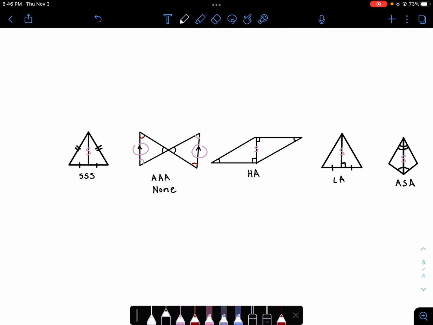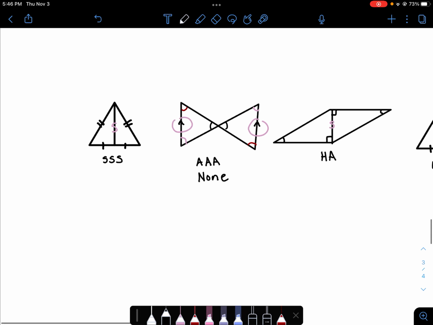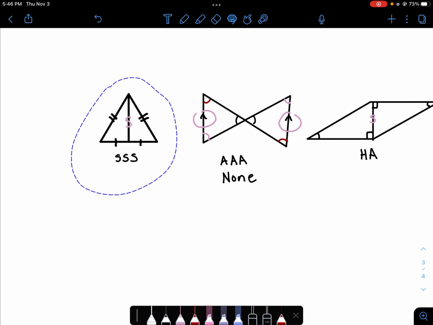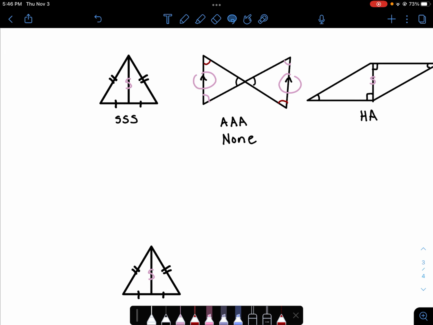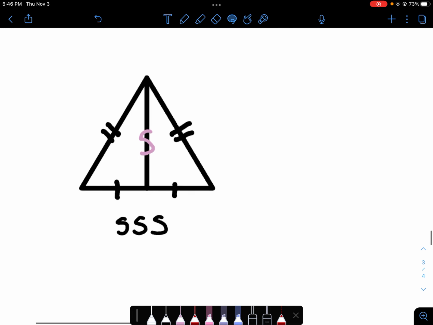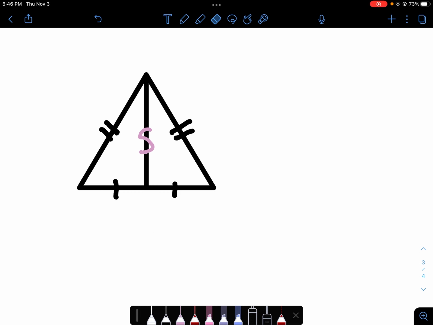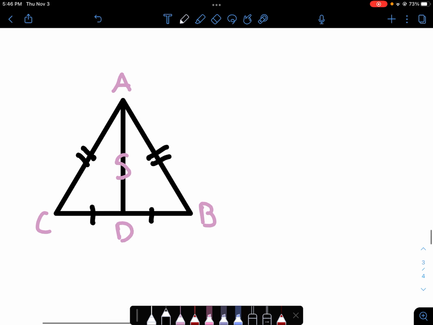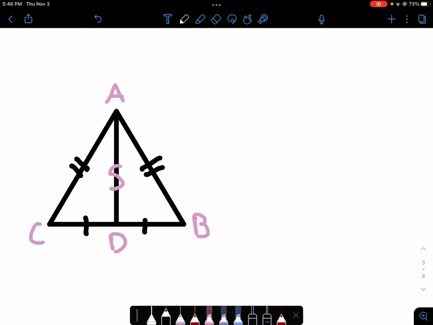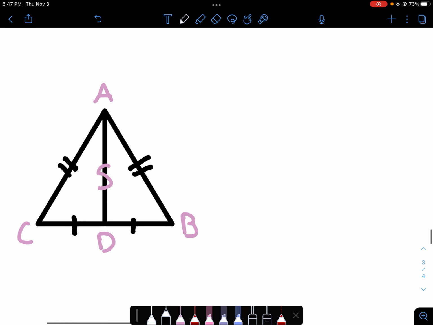And now I'm just going to take one of these and do a proof for you, because proofs seem to be a lot of people's least favorite thing in the world. And I totally get that. So just to make it nice and easy for everyone, we're going to start a proof. So I'm just naming the sides A, B, C, D so we can get started. The black tick marks mean that it's given. So let's go through some. Given,